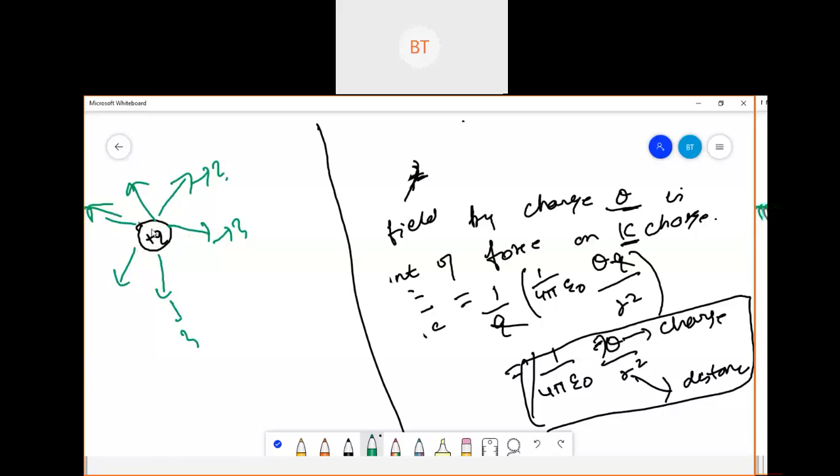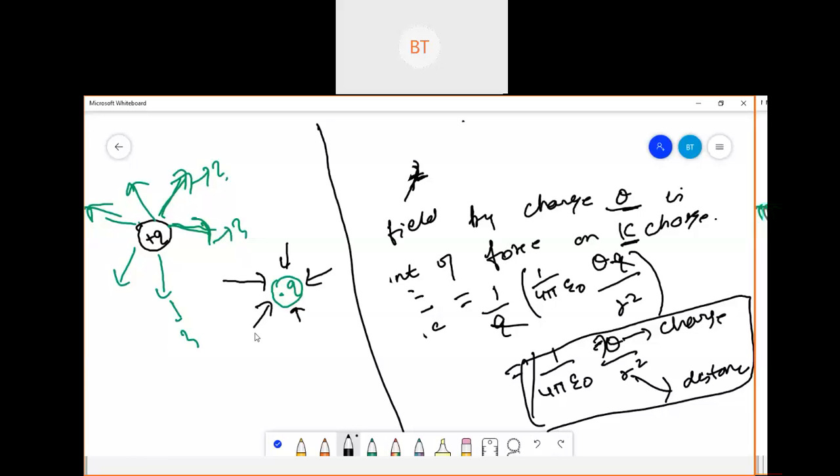Okay. So if you assume a positive charge here, then because of this positive charge the electric field will be in the outward direction. This direction will be there. And if you have a negative charge, let's assume a negative charge here, the electric field will be in the inward direction. So for a negative charge, the electric field will be inward, meaning ingoing lines. I hope this is clear to you.